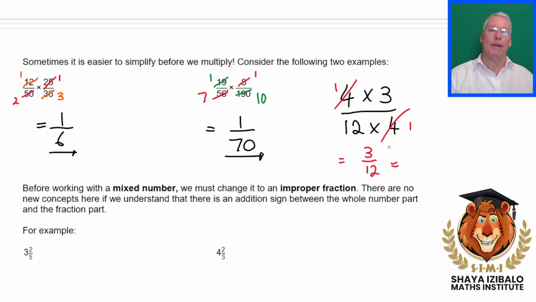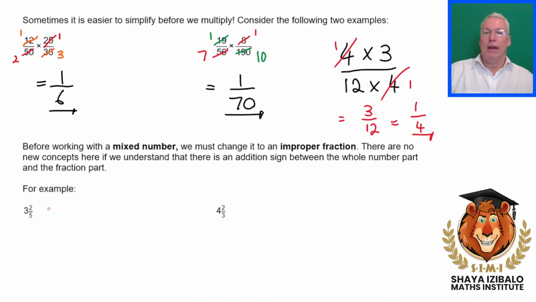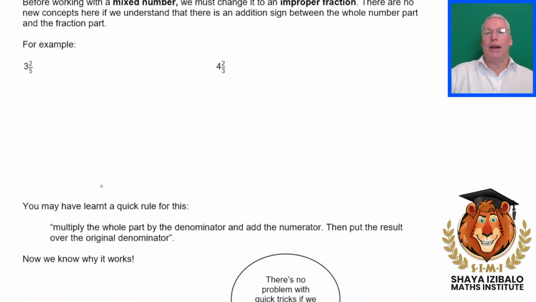Yes, because we can divide the top by 3, it goes in once, and the bottom by 3, it goes in 4 times, and there's our answer. Okay. Now, we're going to talk about a kind of a quick rule for